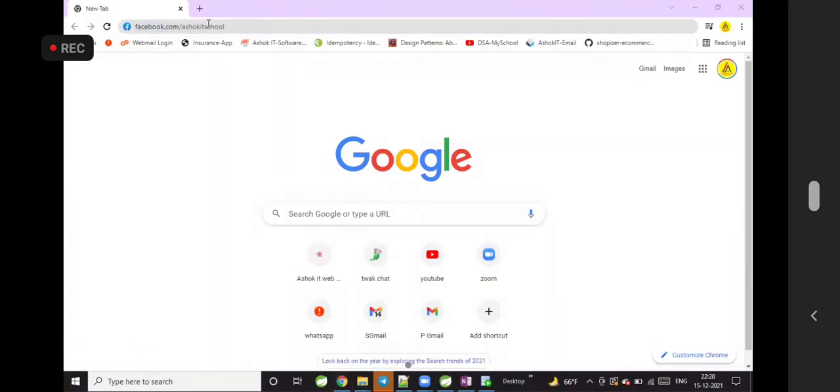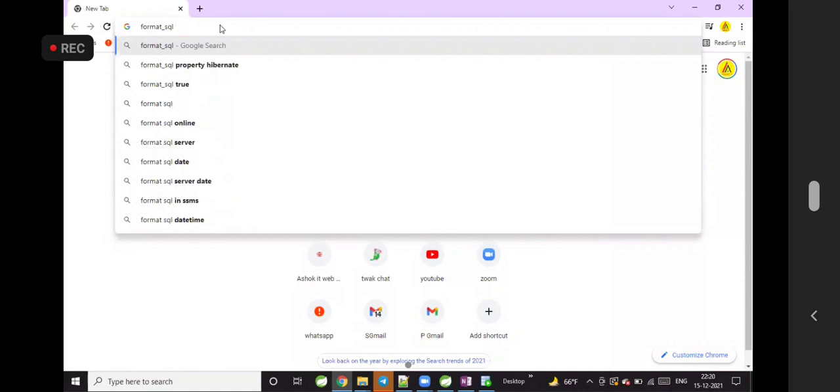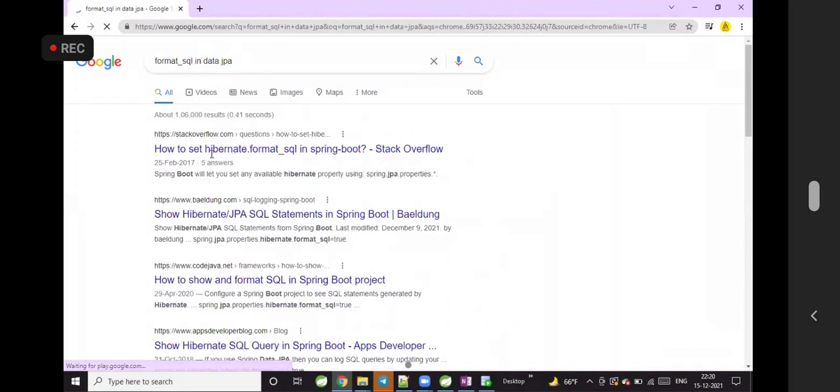How to set the format SQL property in Data JPA? Let me see what syntax we need to use to configure it.